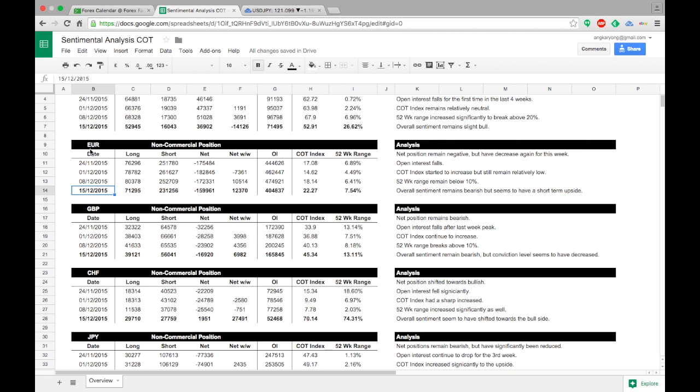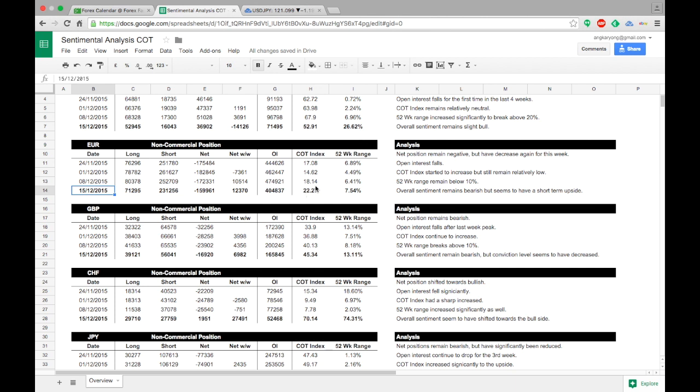As you can see in the futures of euro, from last week to this week, the open interest has been decreased. For the COT index, basically what it means is that it's calculating based on a 3-year period. Based on that period, it's calculating at this current week, this net position, at which index level it is. Basically the index is from 0 to 100. So if it's 22.27, it's about 20% of the range between the previous 3 years.